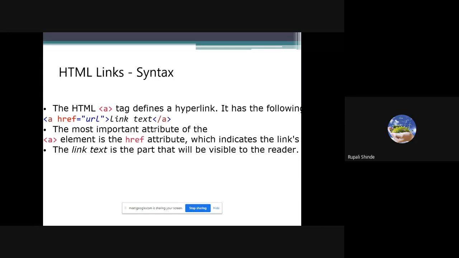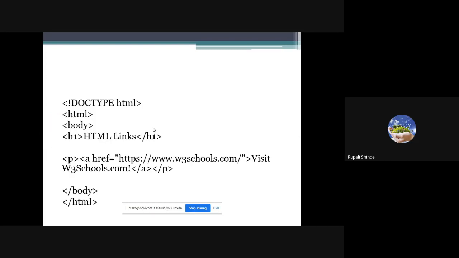Okay, that means the anchor tag has the attribute href, which is nothing but the hypertext or hyperlink reference. After that you can add the url in double quotes, and then the name of your link. The most important attribute of the anchor element is the href attribute, which indicates the link reference. The link text is the part that will be visible to the reader. We have to execute it so it will be more clear to you.